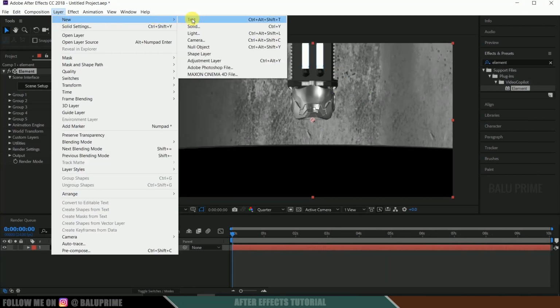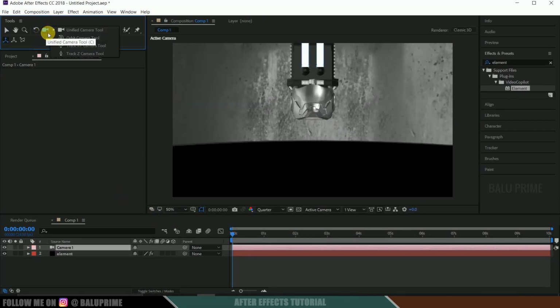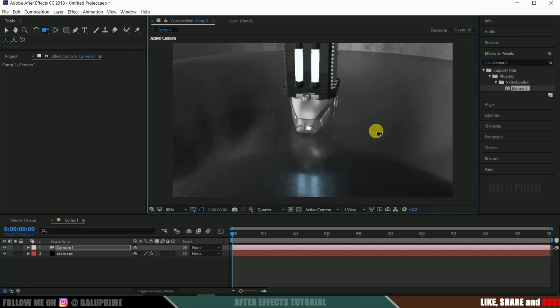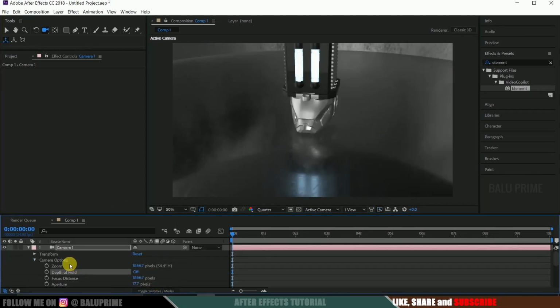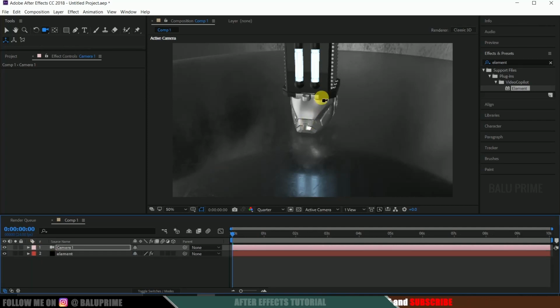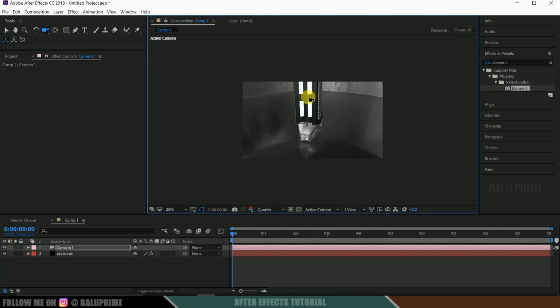Now create a new camera layer. Now let me select this. Let me disable this camera depth of field. Okay. So in group 2 we got this component.